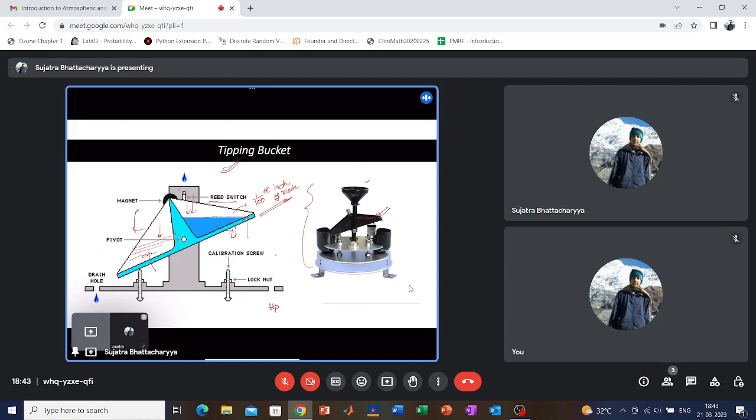So the number of tip sounds tells me the rainfall amount, because each tip corresponds to this amount of rainfall. In this way the rainfall is measured. This is the second method. The third is the radar based method,